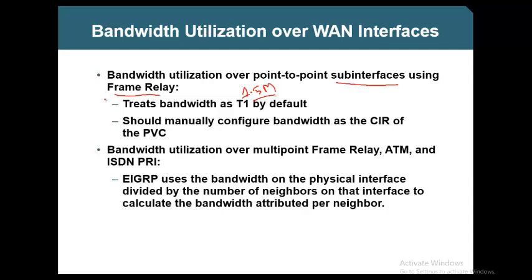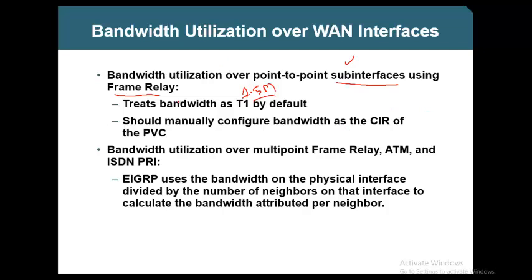Because you are using a serial link, the bandwidth considered is 1.5. EIGRP will assume that you got 1.5. See, the physical link, yeah, you may have 1.5, but the sub interface definitely won't have that 1.5. That is one point. Second point is, even though you got 1.5,